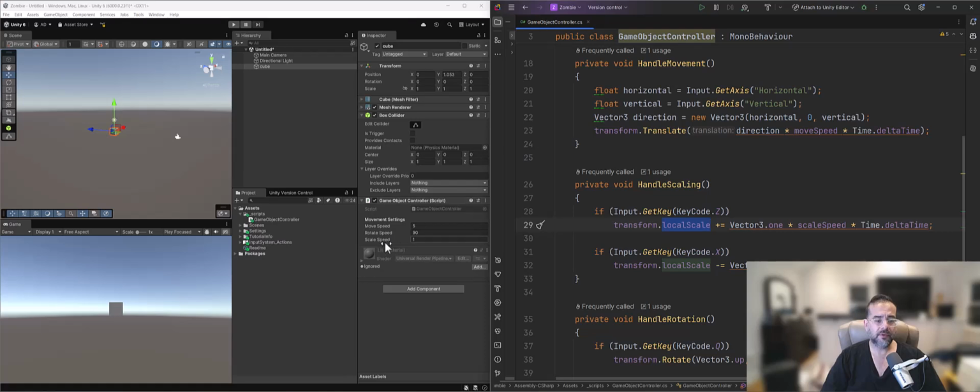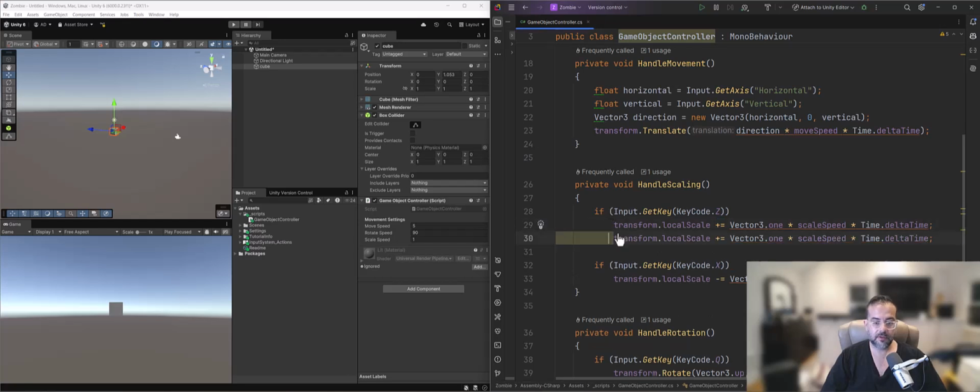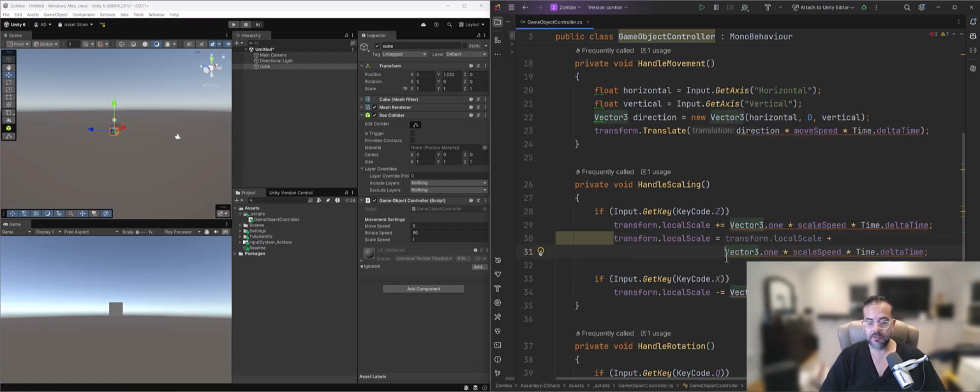Sorry, I forgot that I moved those around. I want to take the local scale, which is this right here, and this plus equals, if you haven't seen it before, is really the shorthand of just writing transform.localScale equals transform.localScale plus,